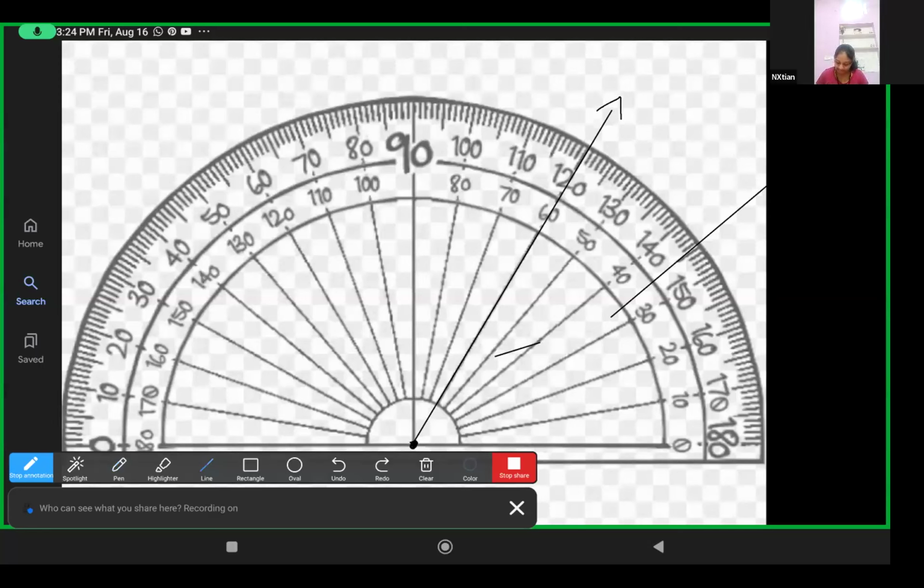Like this. Or suppose my angle is like this, it will tell me what degree it is. I can check with the protractor and say that a straight line, like this, means 90 degrees. Ma'am, a right angle. Yes, a right angle of 90 degrees. All right, so this way we can see with the protractor. Then we have,